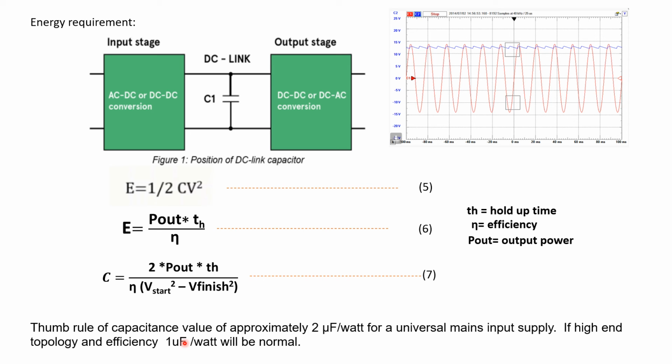Let's consider you are using 1 kilowatt. How much will it be? Somewhere around 2000 microfarad. If it is 3 kilowatt, you need 3000 microfarad at minimum, and this is the minimum you must keep. If you keep 2 times that, like 1 kilowatt with 2000 microfarad, 2 kilowatt with 4000 microfarad, you are completely on the safer side.